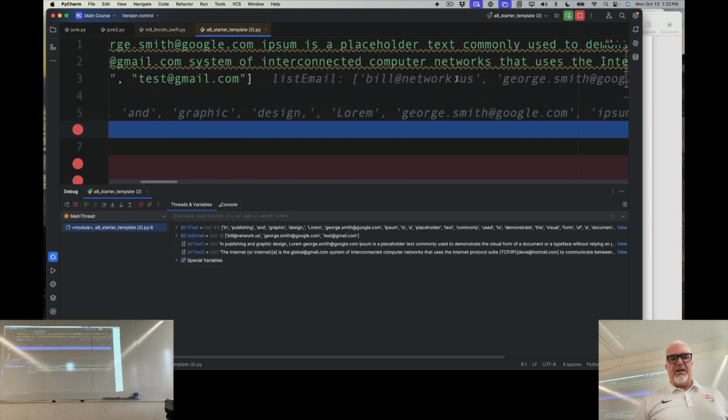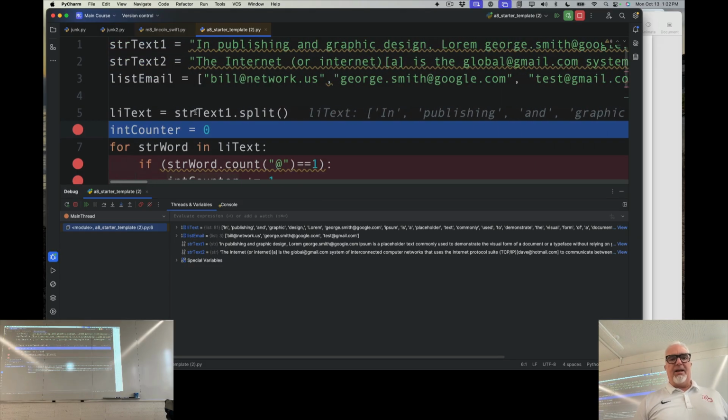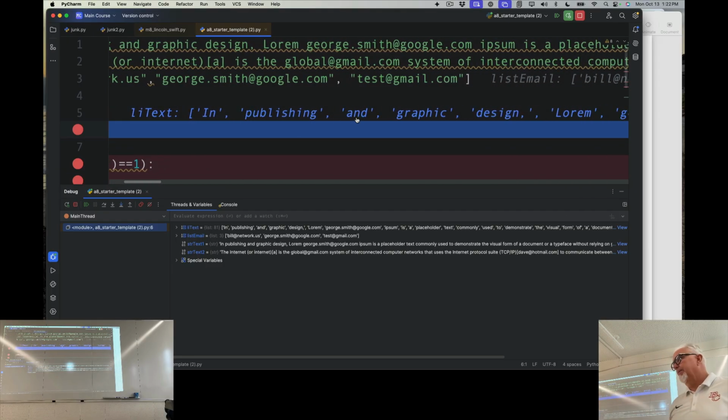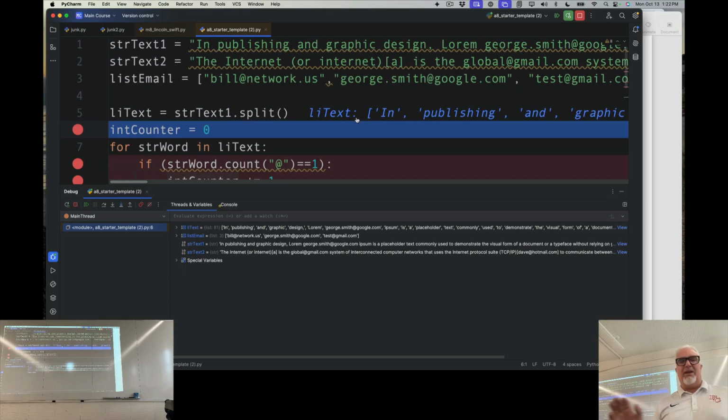And that's really useful because here, where I say li text equals str text 1 split, it's showing me the value of that variable at this point, which is really nice to be able to pause and see what that variable is equal to. See if it's doing what you think it's doing. So now,